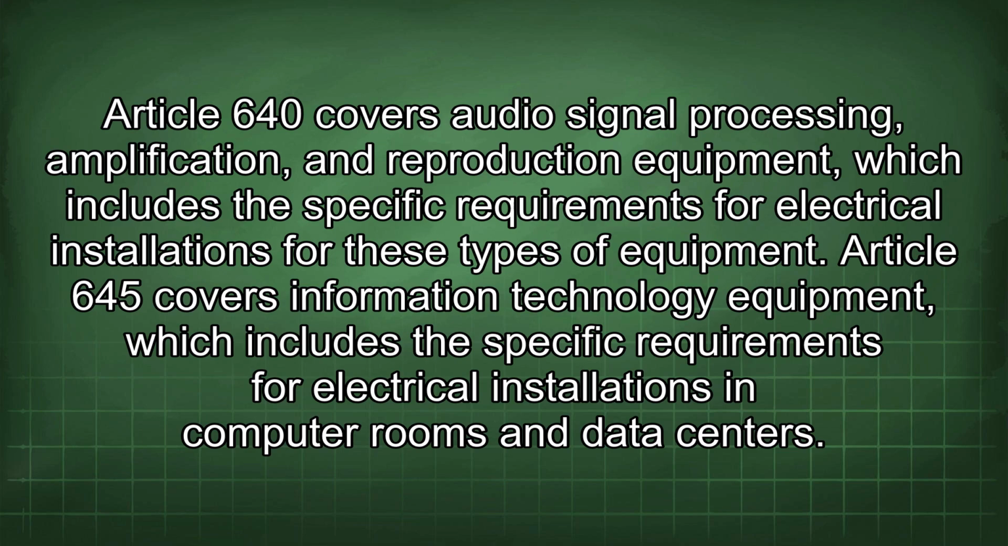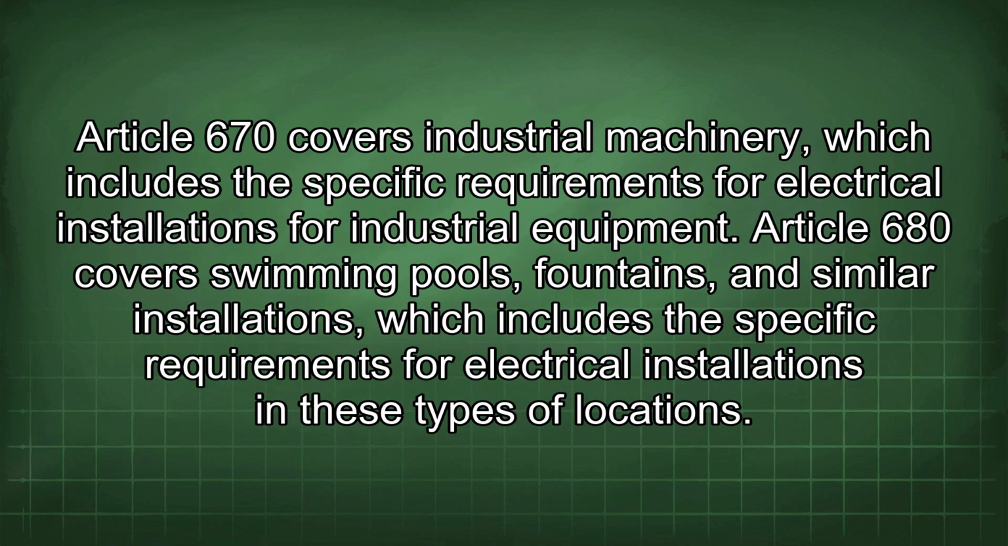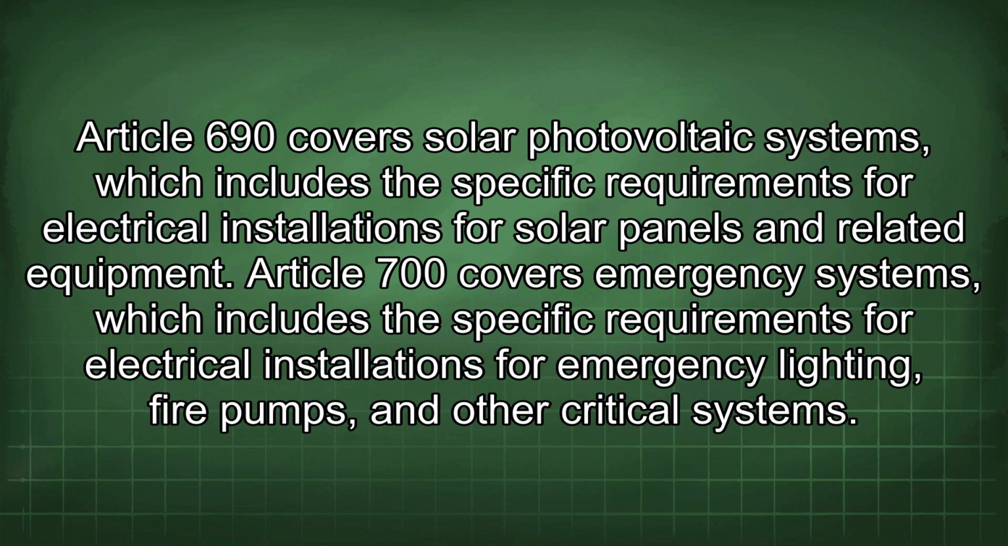Article 645 covers information technology equipment, which includes the specific requirements for electrical installations in computer rooms and data centers. Article 670 covers industrial machinery, which includes the specific requirements for electrical installations for industrial equipment. Article 680 covers swimming pools, fountains, and similar installations, which includes the specific requirements for electrical installations in these types of locations. Article 690 covers solar photovoltaic systems, which includes the specific requirements for electrical installations for solar panels and